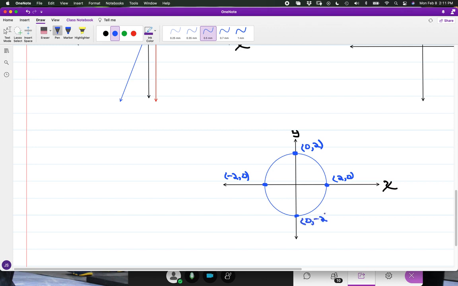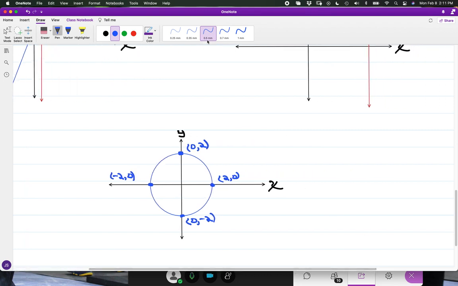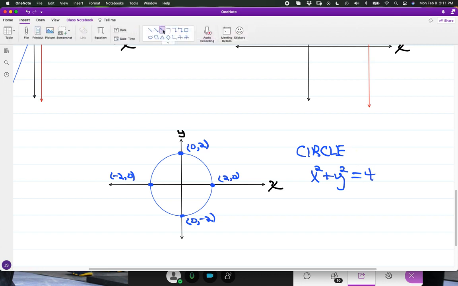So you have the center at the origin, and the circle is going to have a radius of 2. And we'll say that this will be represented by the equation x squared plus y squared is equal to 4. And to see if this is going to be a function or not,